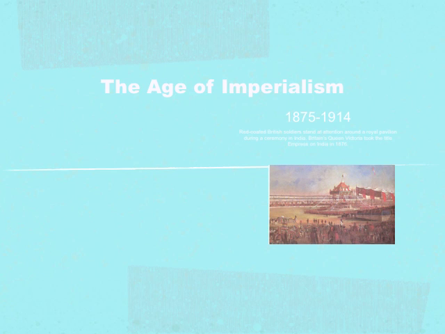If you're listening to this, you should be working on your world history assignment for week 10. In this assignment, we're going to get started looking at the age of imperialism. This is the time period that goes from about 1875, the late 1800s, until about 1914. 1914 is when World War I begins. So this time period takes us right up to the beginning of World War I.